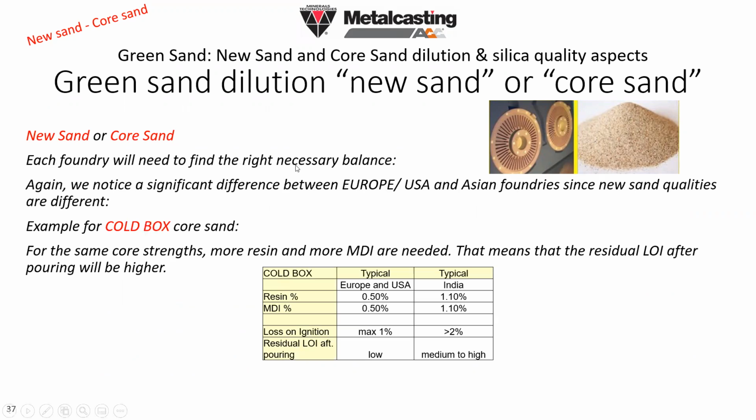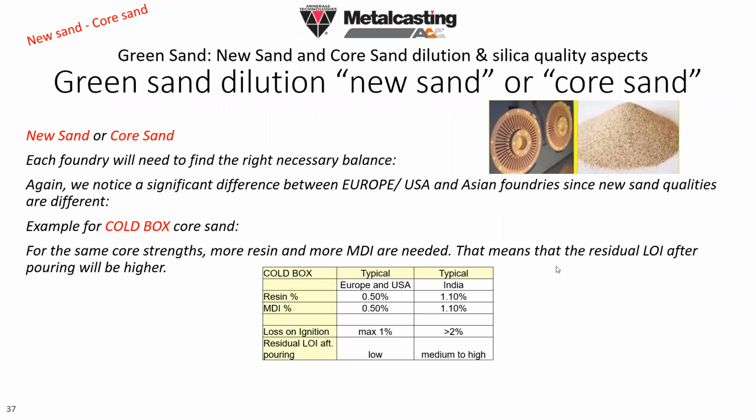Again, we notice a significant difference between Europe, USA, and Asian foundries, since new sand qualities are different. An example for cold box core is the following. If you use a typical cold box core in Europe or USA, typically you will need 0.5% resin and 0.5% MDI, generating a maximum loss on ignition of 1%. So it's not a high